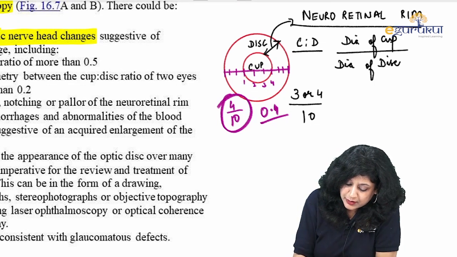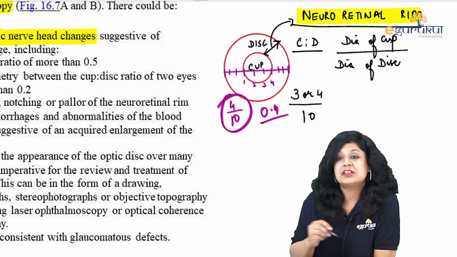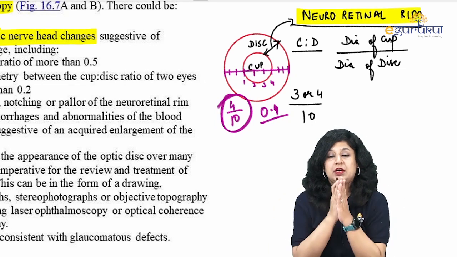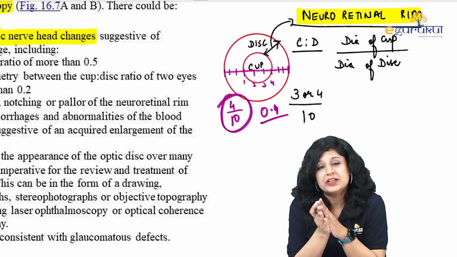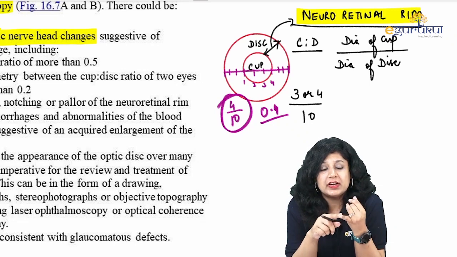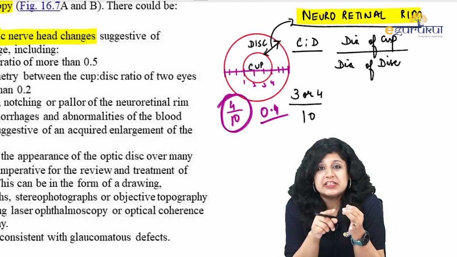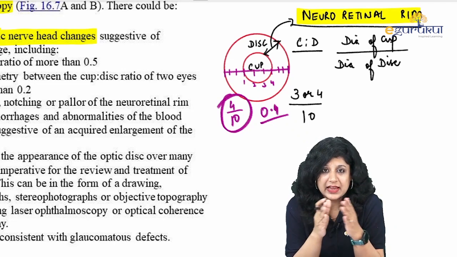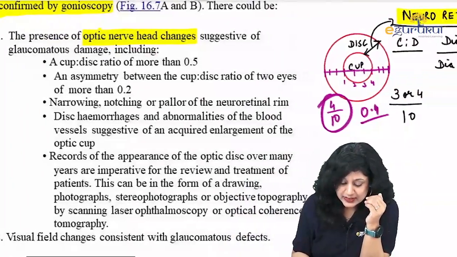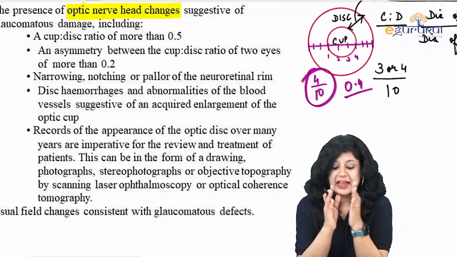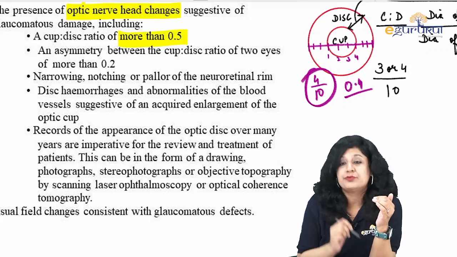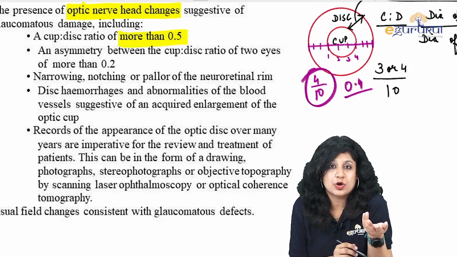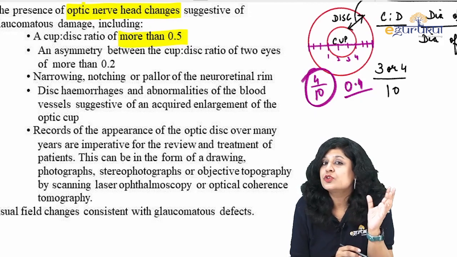So even if you are a beginner and you are seeing this session, I think now it must be very clear to you that when I talk about the CD ratio, what does it mean? What is the neuroretinal rim and what is the CD ratio? What is cup? What is disc? And something like this. So what they say that when I am having a CD ratio which is more than 0.5, then I am thinking about the glaucoma. Normal is 0.3 or 0.4.